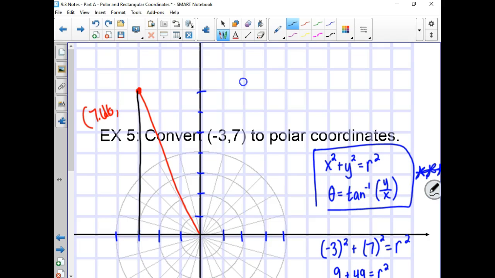So if you draw the picture here, this is x, this is y. We know this is your negative 3, this is your 7, right? So if you do tangent of this angle right here, tangent of theta equals 7 over 3. Ignore the negative there because you're dealing with a triangle and all sides of a triangle are positive. If you do inverse tangent of 7 over 3,